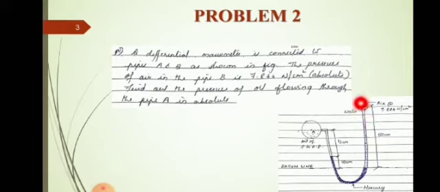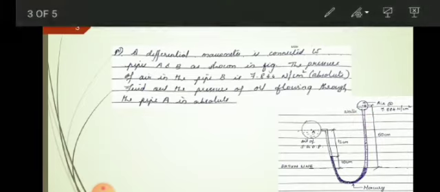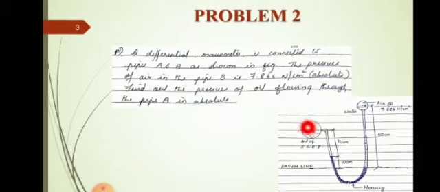Pipe B has air over the center line of the pipe at a pressure of 7.844 Newton per centimeter square, and below that it is having water. It is carrying water, and the first pipe is carrying oil of specific gravity 0.8. The second pipe is carrying water, and the pressure above the center line of the pipe is 7.844 Newton per centimeter square absolute. So this is the given figure. So in the given figure, you can draw the datum line. Where does the datum line come? Datum line is drawn along the lower level of mercury.